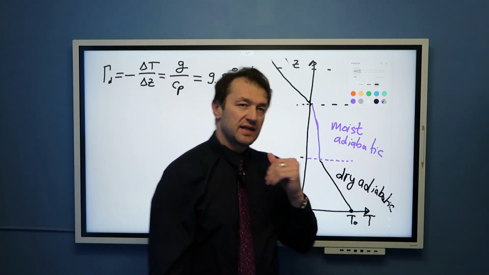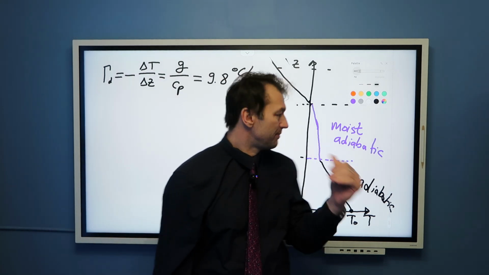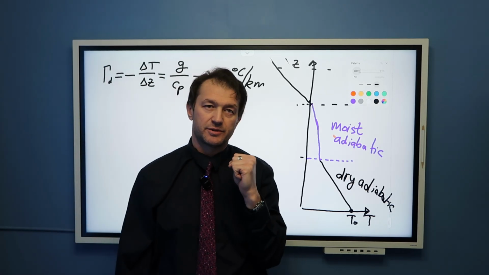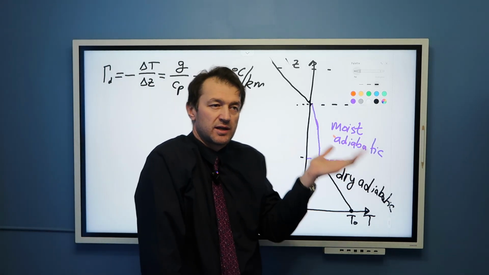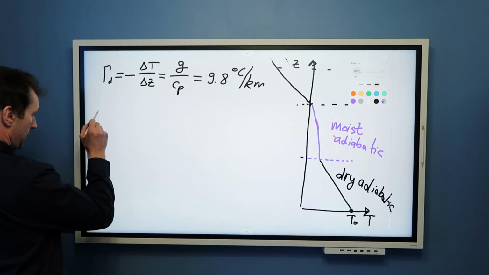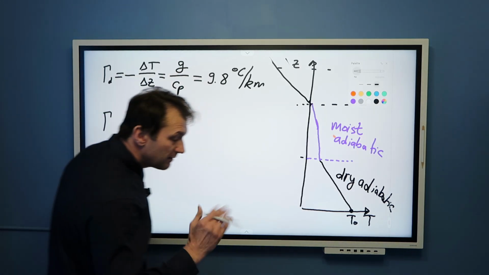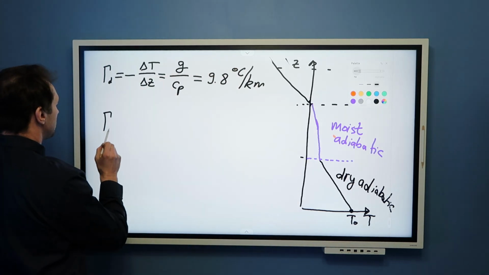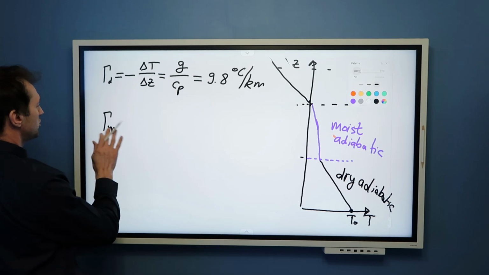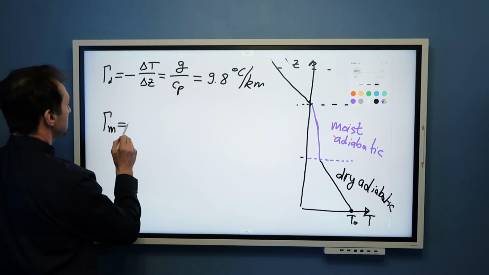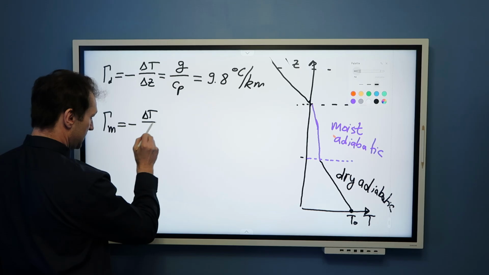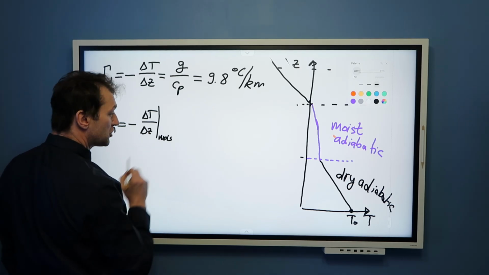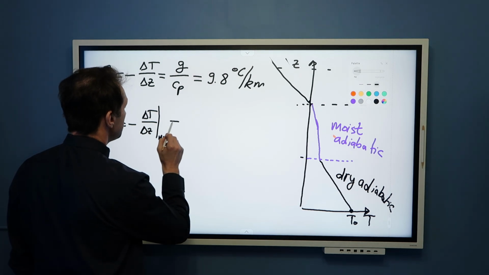Now we go to moist adiabatic lapse rate. And you ask me, is there an equation for moist adiabatic? Can you tell me this value for moist adiabatic lapse rate? Of course I can tell you. I can tell you everything. But the thing will get a little bit more complicated. For moist adiabatic lapse rate, we usually call it gamma m. That is still minus delta T over delta z, but during moist saturated processes, and that is equal to